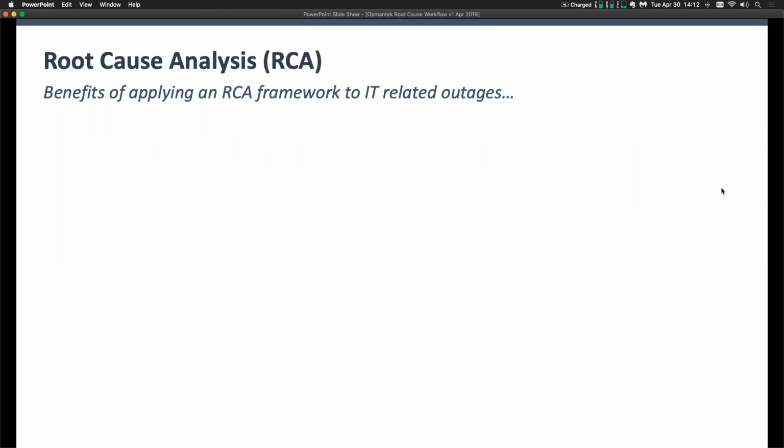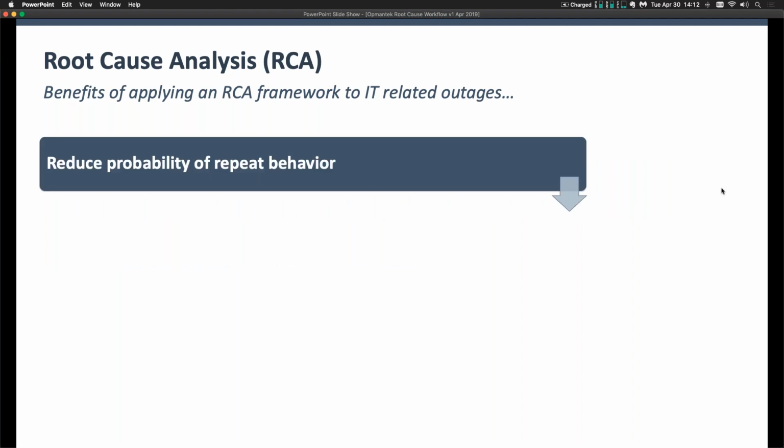So what does implementing a root cause analysis framework really bring to you? It helps reduce the probability of repeated behavior. When I worked on this list, I banged around the idea of whether this shouldn't really be the last bullet, but instead I present it first because, from my mind, one of the things that we often encounter